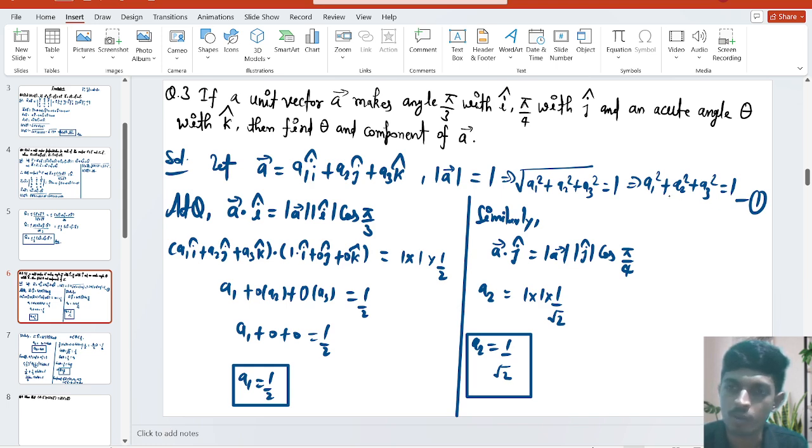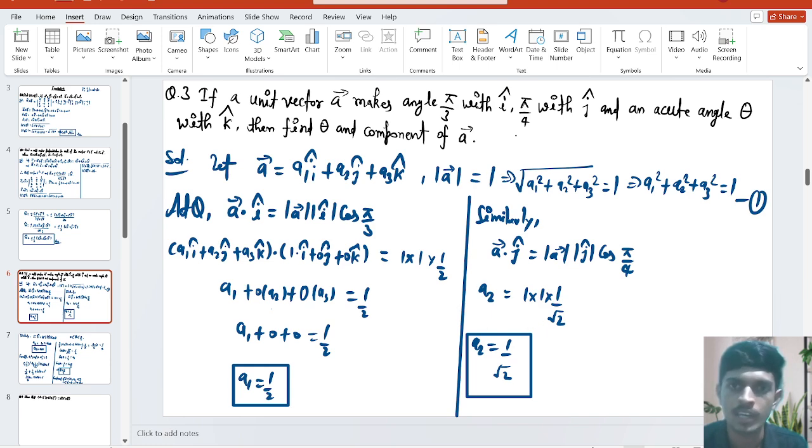Squaring on both sides, we get this. So this is making angle theta with i cap, pi by 3. So we satisfy this equation. So vector A dot i cap, and multiplying, just looking like A1 equal to 1 by 2. Okay, so we simplify A1 equal to 1 by 2, and similarly we got A2 equal to 1 by root 2